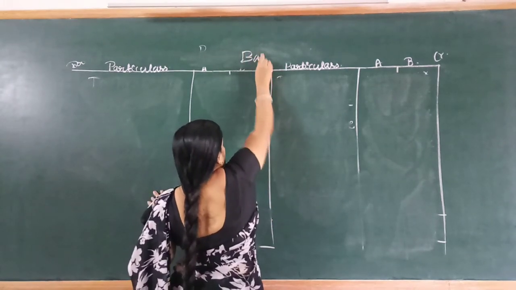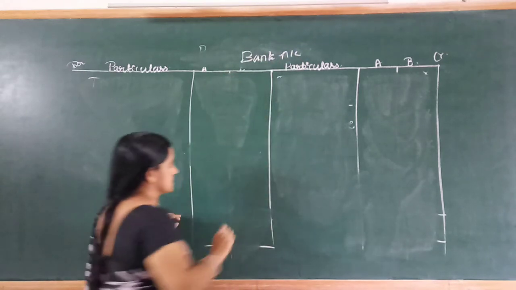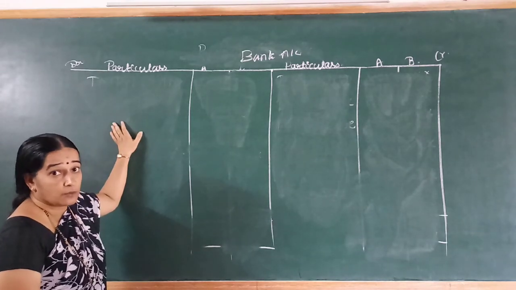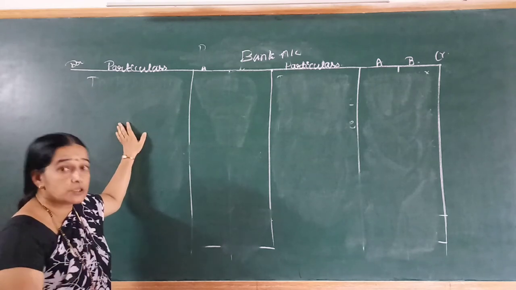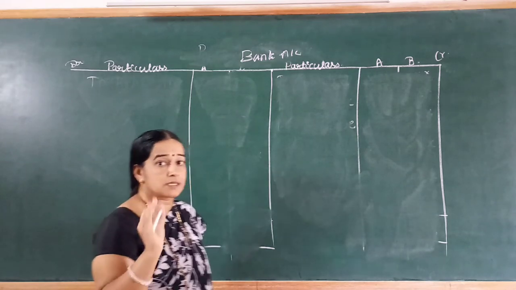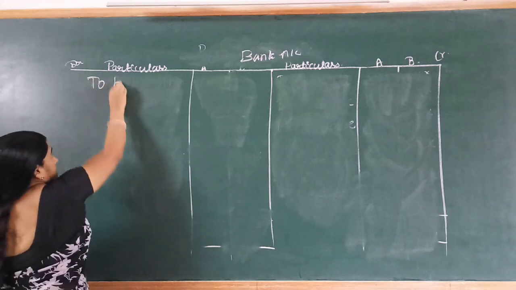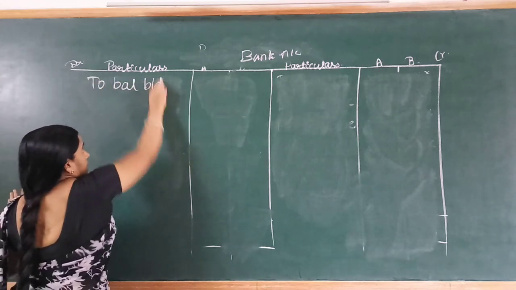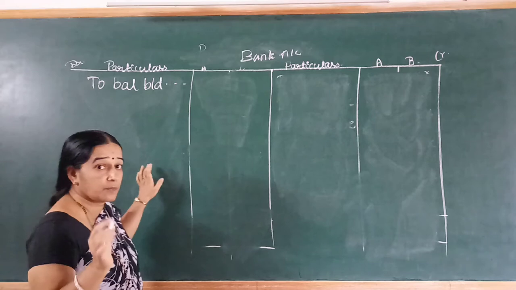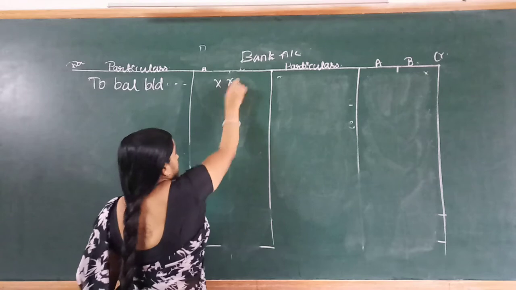Bank is the cash at bank balance is given, means bank is the asset, and debit side the balance has to be brought down. Why the balance has to be brought down to the debit side? Means cash at bank is an asset. Asset always shows the debit balance, so the balance will be written on the debit side. So what is the entry for that? That is to balance brought down. So which balance it is? It is the balance of cash at bank. So cash at bank, what is given in the balance sheet, that will be entered on the debit side.